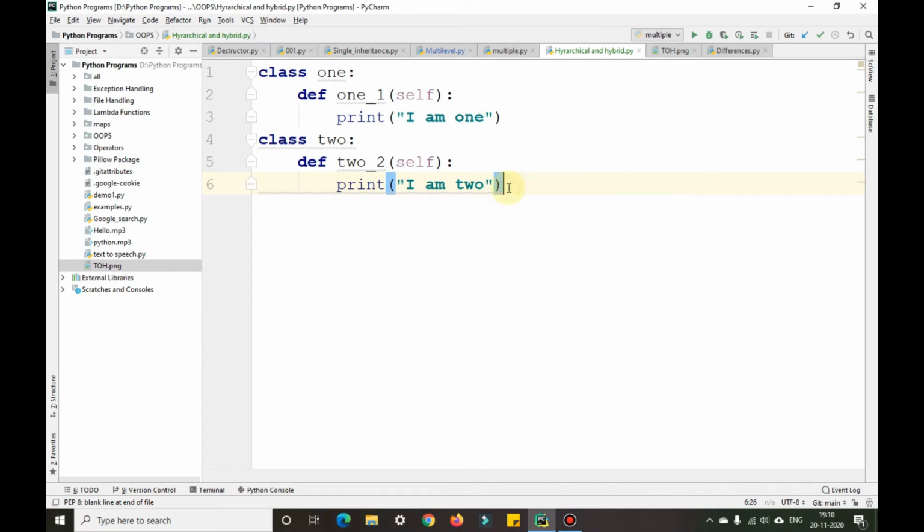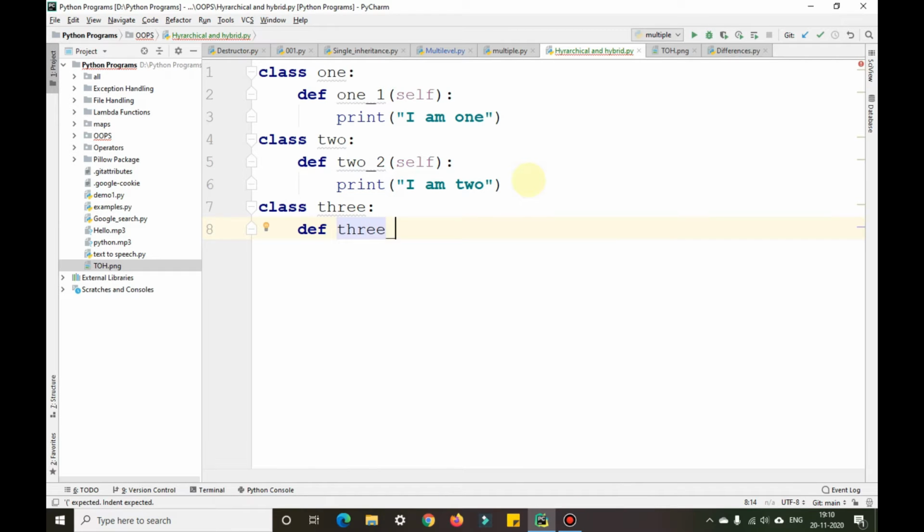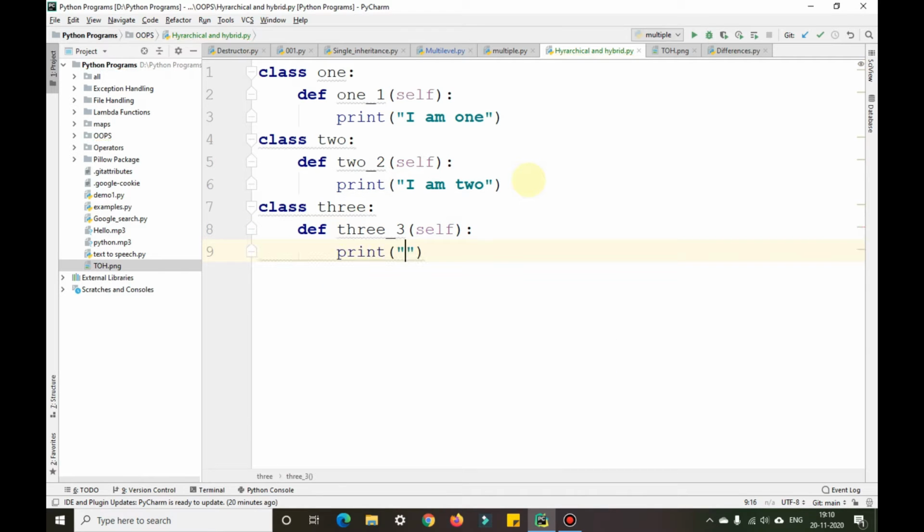So I'll also take another class here, class 3, def 3_3. Okay. Now I'll print I am 3.